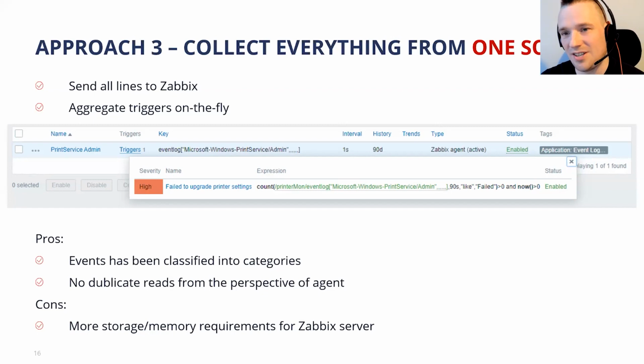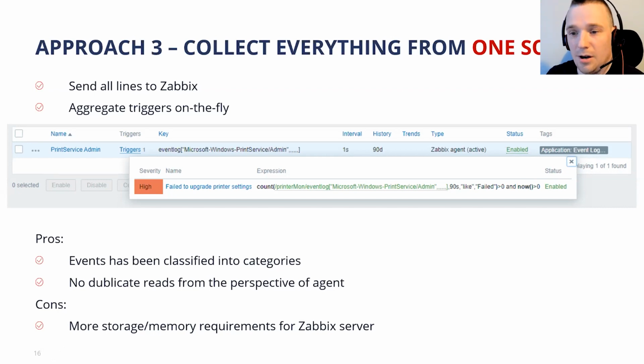Now when we use this approach, collecting everything from one source, which is sort of dangerous, but since the source is a tiny one, we can use a trigger function which aggregates some stuff on the fly. Here in the example, we are utilizing the function count, and I'm telling the central Zabbix server to count the failed patterns for the last 90 seconds. If the string or error message contains failed, then go into the problem state and fire up a trigger. This is customizable. I have 90 seconds, so it will time out quite fast, but you can have 1 hour. If there are errors in the last 1 hour, then fire up the trigger and